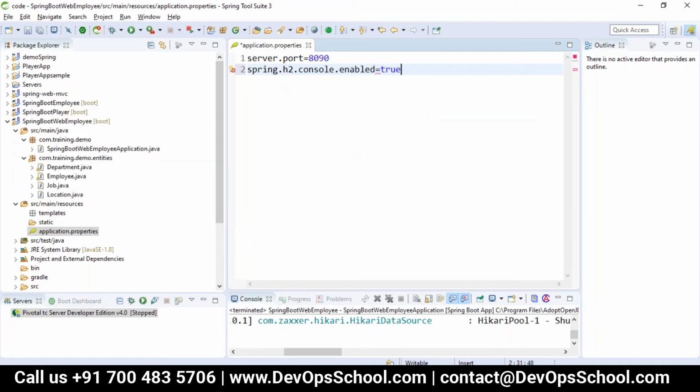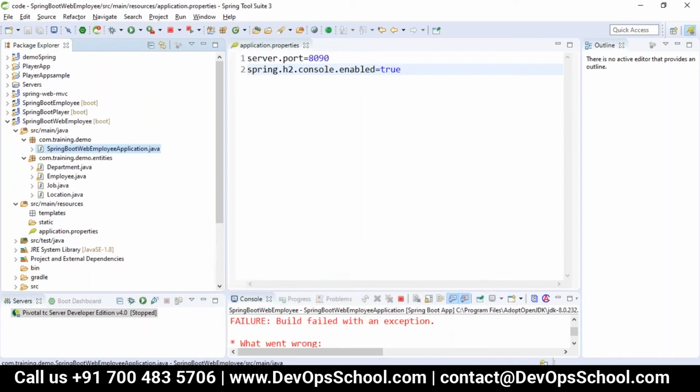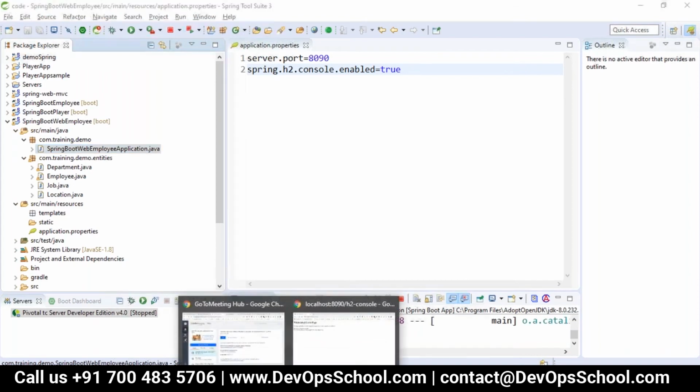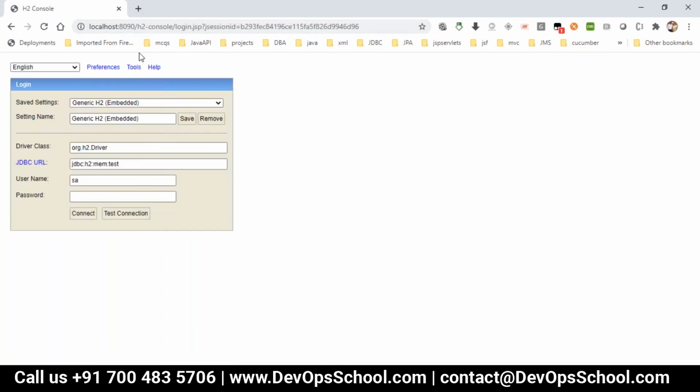By default, it will be false. After enabling spring.h2.console.enabled, when we run this now, we are able to access the console at 8090/h2-console. You can see now we are able to get the console here.